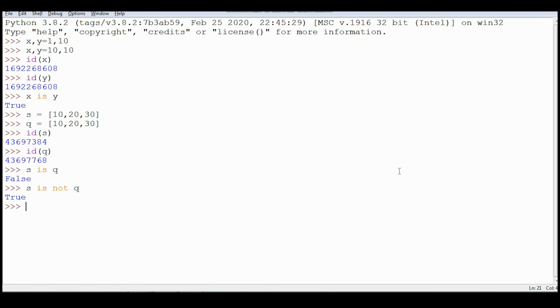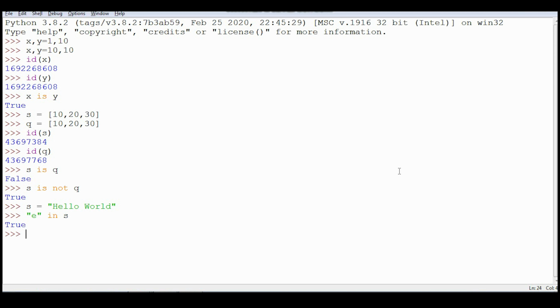Example, suppose I have created one string s which is equal to hello world. I want to check whether element e is present in this iterable or not. So I have written e in s.